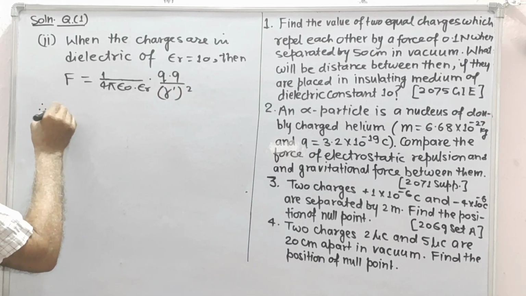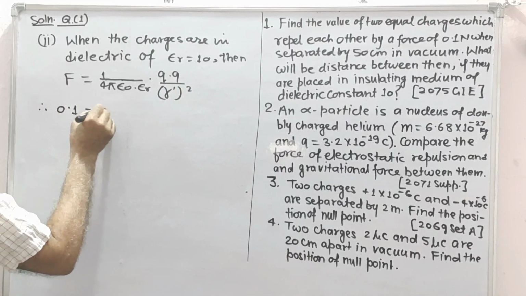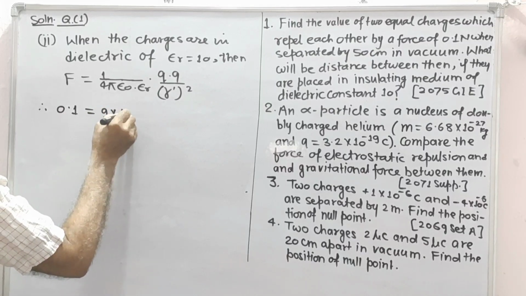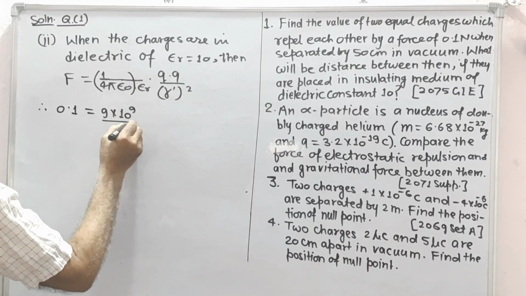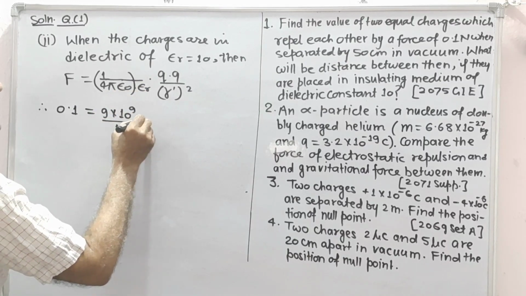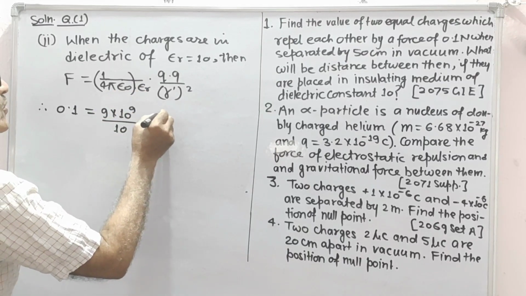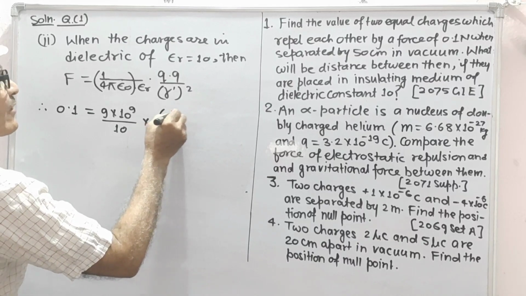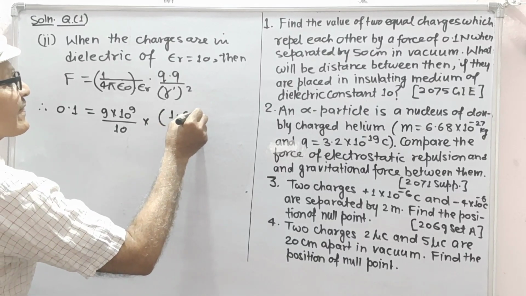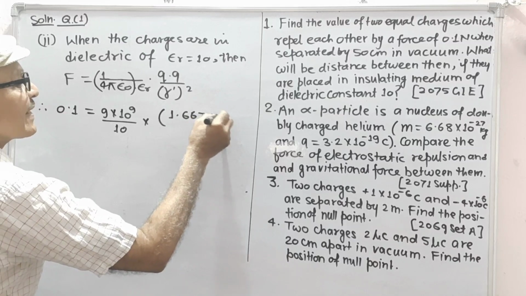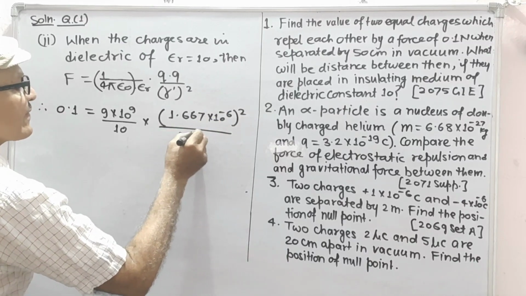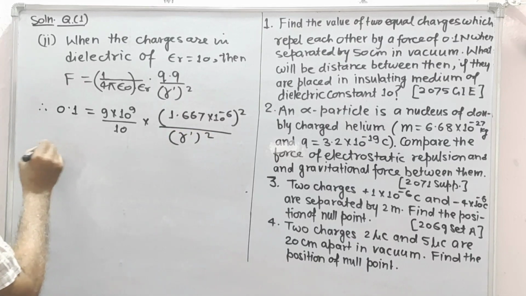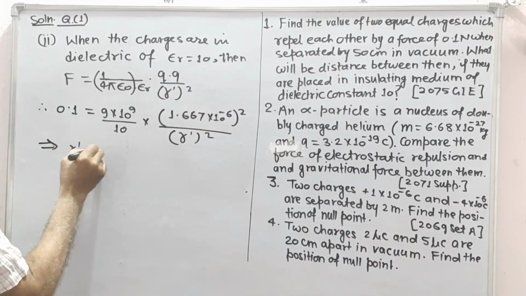Therefore 0.1 will be equal to 9 into 10 to power 9 upon epsilon r, means 10, into Q, which has been calculated to be 1.667 into 10 to minus 6, its square upon r dash square, which gives r dash as